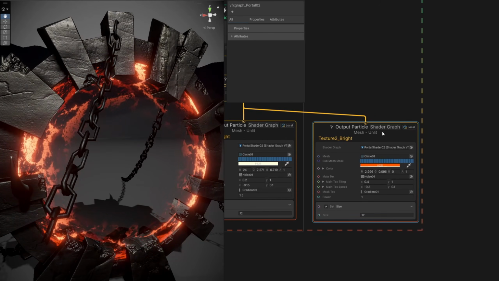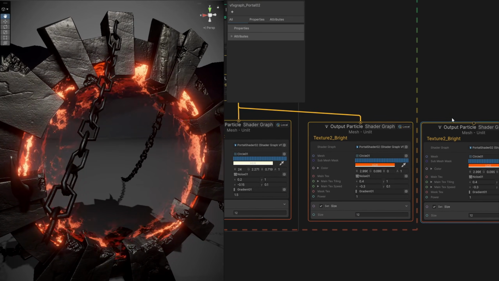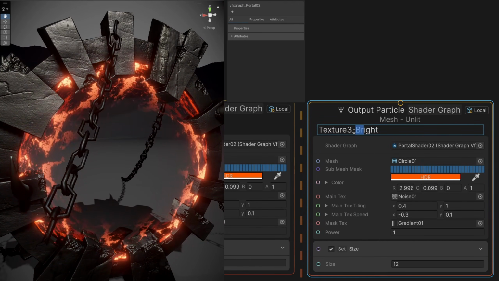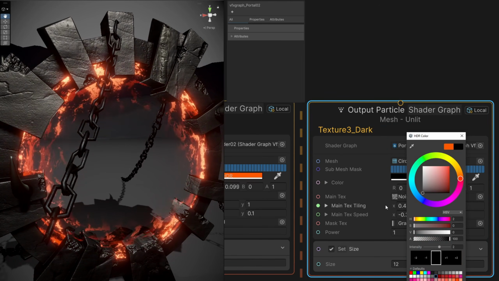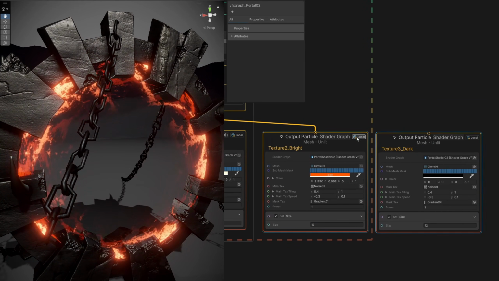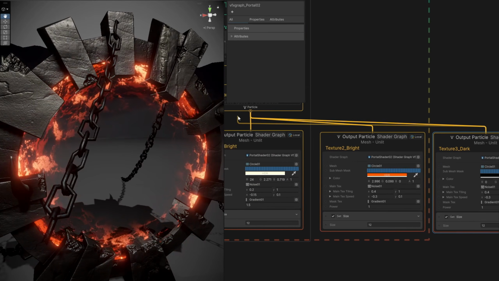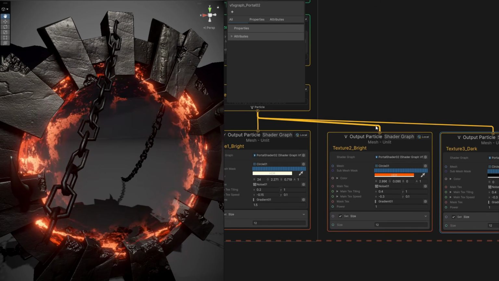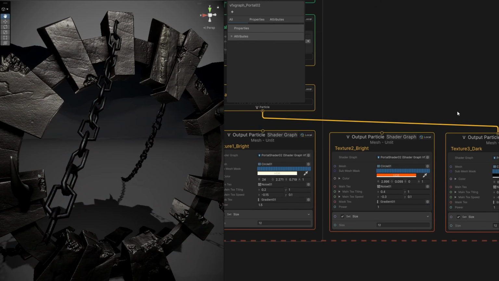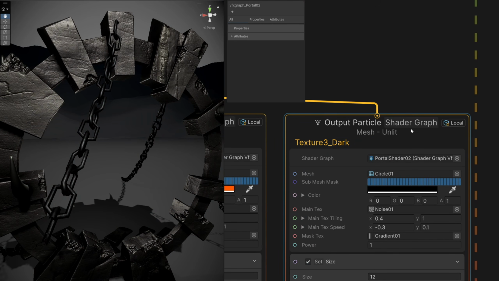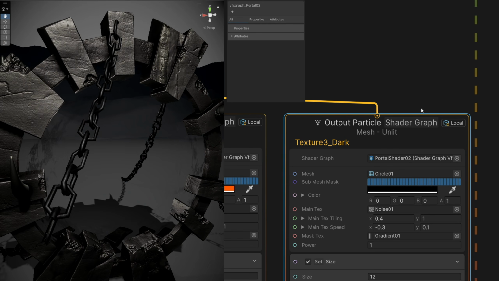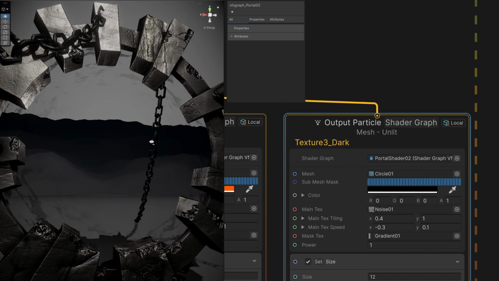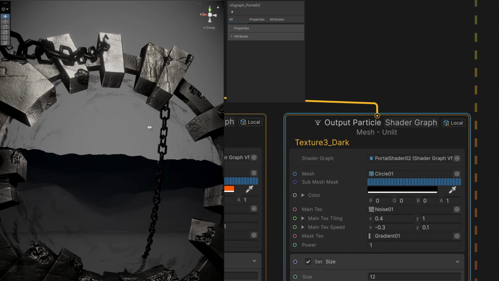And let's copy this output for the texture three, in this case dark, where the color is going to be completely black. Connect it right here and disconnect the other outputs. We need to change the shading mode to alpha. And now that we have these dark shadows going on, we can add a different feeling by just changing the